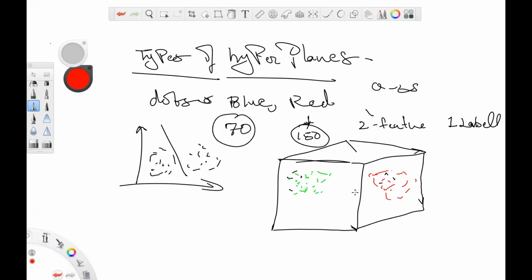So here the hyperplane will not be a line, but it will be a plane, something like this. And this will be used as a fence to separate these two dots, or two labels, not features. Using two features on the xy plane, we are using a third axis, which we use to predict, and this is what will be used to classify or separate boundaries.